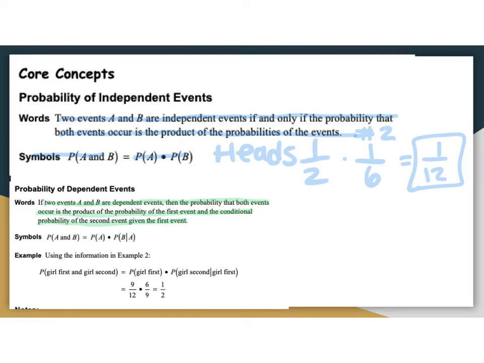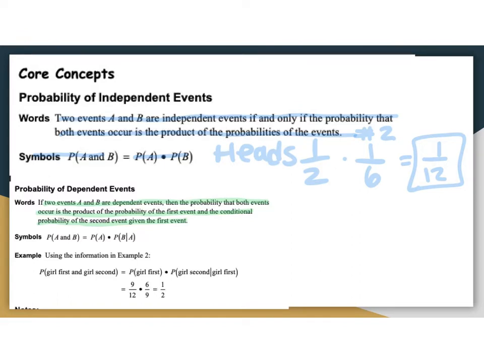In this example from the textbook, this is example 2, lesson 13.2. A group of 4 students includes 1 boy and 3 girls. The teacher randomly selects one of the students to be the speaker and a different student to be the recorder. Use the sample space to determine whether randomly selecting a girl first and randomly selecting a girl second are independent